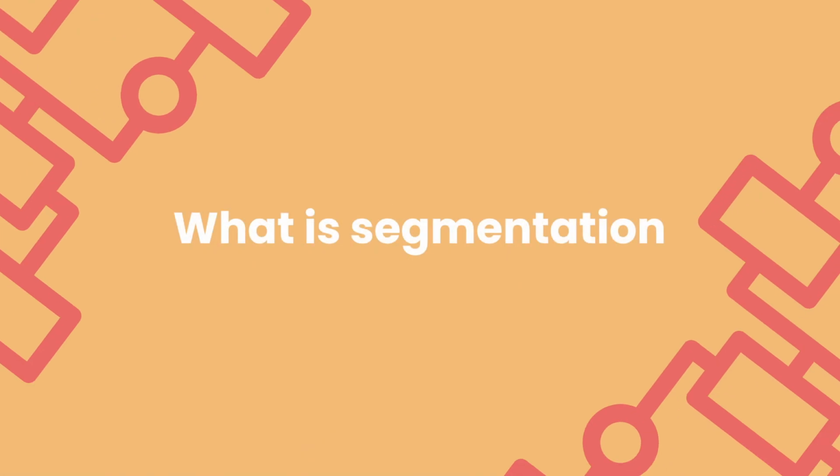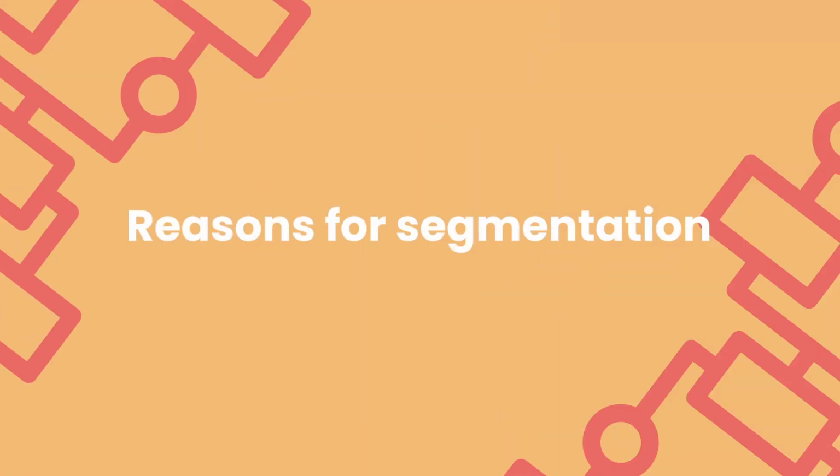So first up, just so we're all on the same page, what is segmentation? Email segmentation is the process of dividing and separating email subscribers into groups or segments based on different criteria in your email marketing platform. Email subscribers can end up in multiple segments depending on factors like age, location, gender, interests, website behavior, or email engagement, and more. It's a personalization tactic that allows you to deliver relevant content to your subscribers, which is what we all want, right?